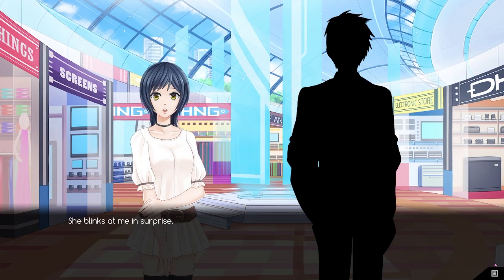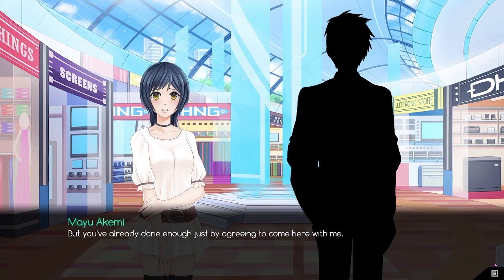She blinks at me in surprise. You don't have to do that. I know. I want to. She smiles. I smile at her and she blushes. But you've already done enough just by agreeing to come here with me. That's not much. Any good friends would do that. She's still hesitant. I appreciate it, but...